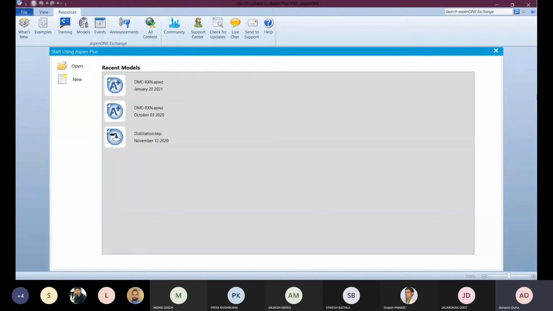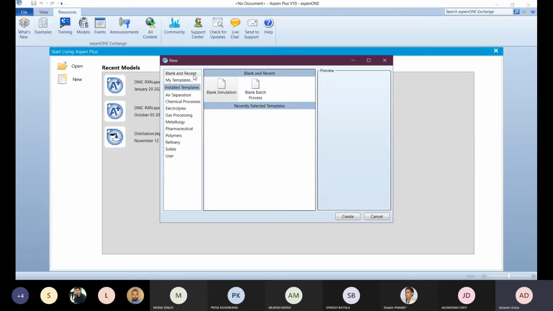Yes, sir. Okay. Once I open Aspen Plus, this particular thing will appear in front of me. This is the parent UI of Aspen Plus. You can see I have the open option and the new option, so I will click on new. I have just told you that if you don't have any idea regarding the units, and you don't know what sort of metric unit your components will follow, you have to go for a blank simulation. Using this simulation, you will perform your simulation, and at a later stage you can define the unit for whatever property you are interested in.